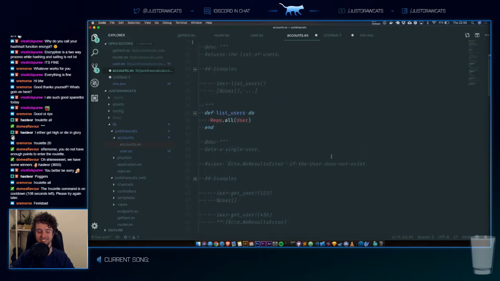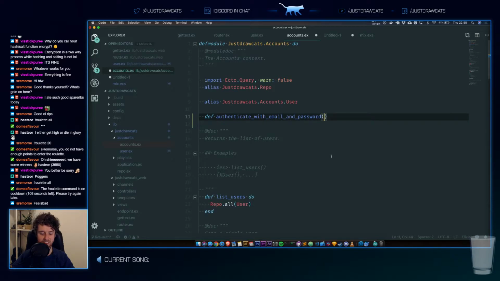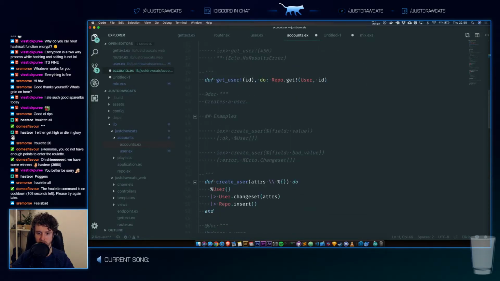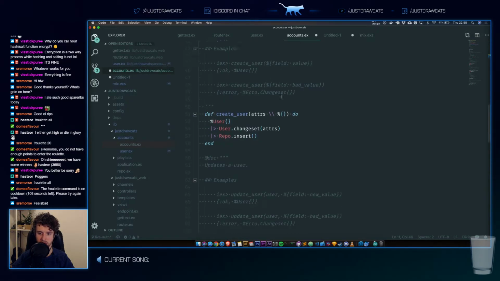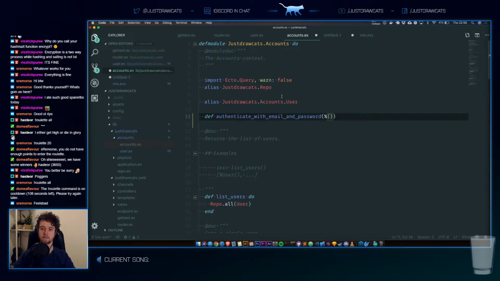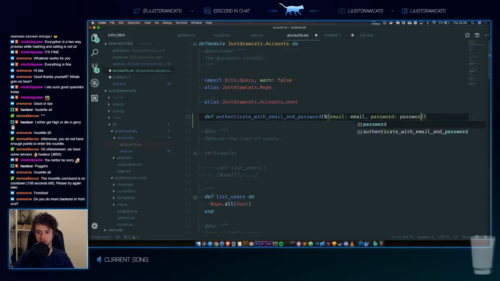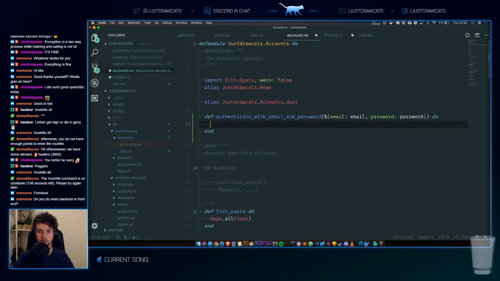And it takes, I think it takes a changeset or like, how do you do that? Like this, right? Is it percentage? Percentage, yes. Okay. That's percent. Yeah, okay. It takes email as email and password as password. And then we're gonna do